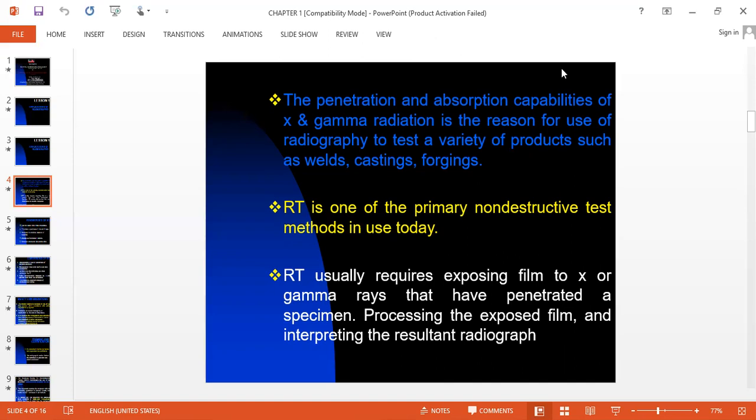Then we are getting received radiation on the film. So in the defect area there is more radiation reached because of less absorption in the specimen in that particular area, and in the adjacent area we are getting less radiation because of more absorption in the specimen. So here we are getting a difference in radiation absorption, and that is the principle of radiography. More radiation reaching the film means more ionization takes place, and we are getting the defect as black.